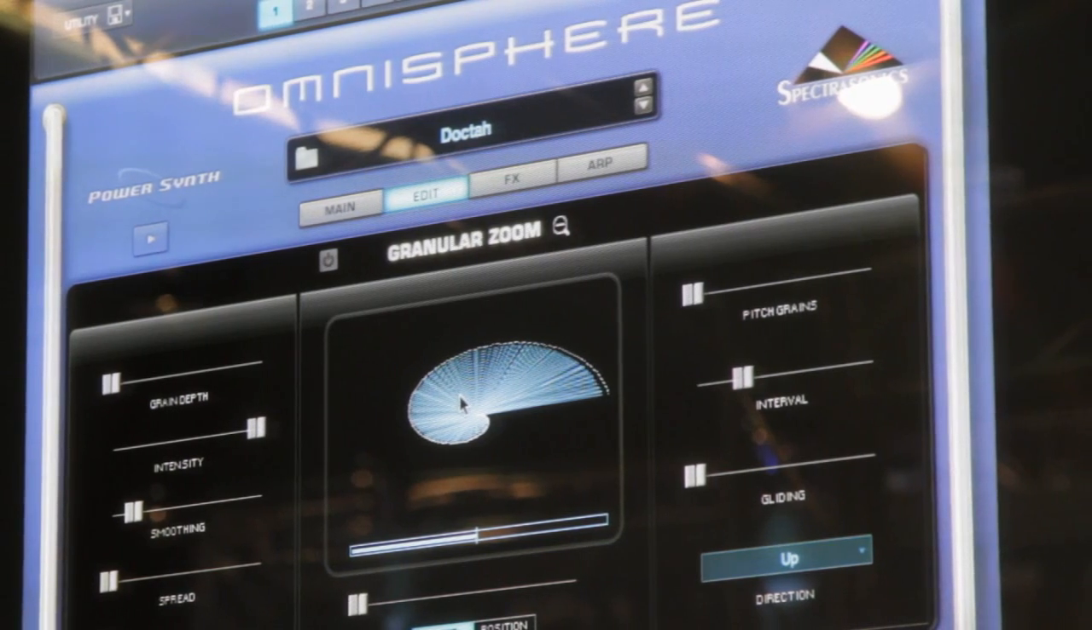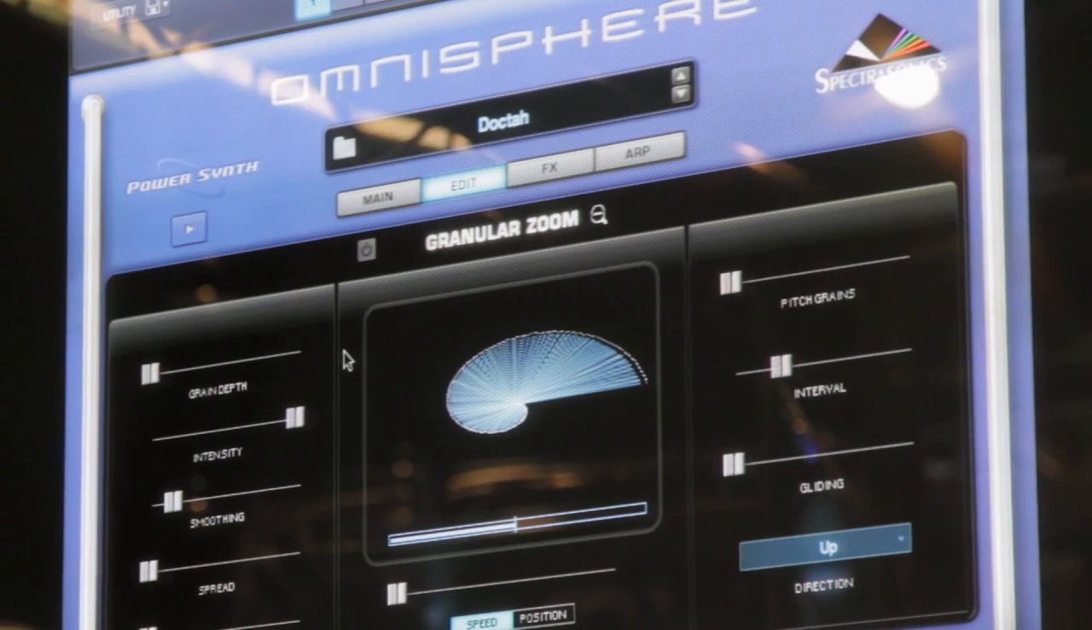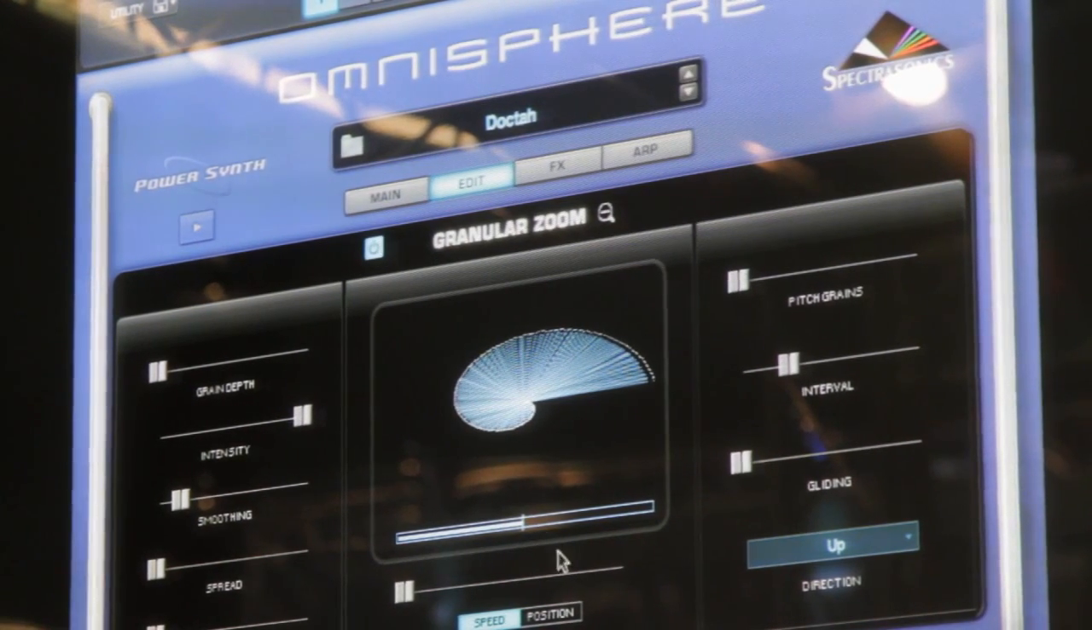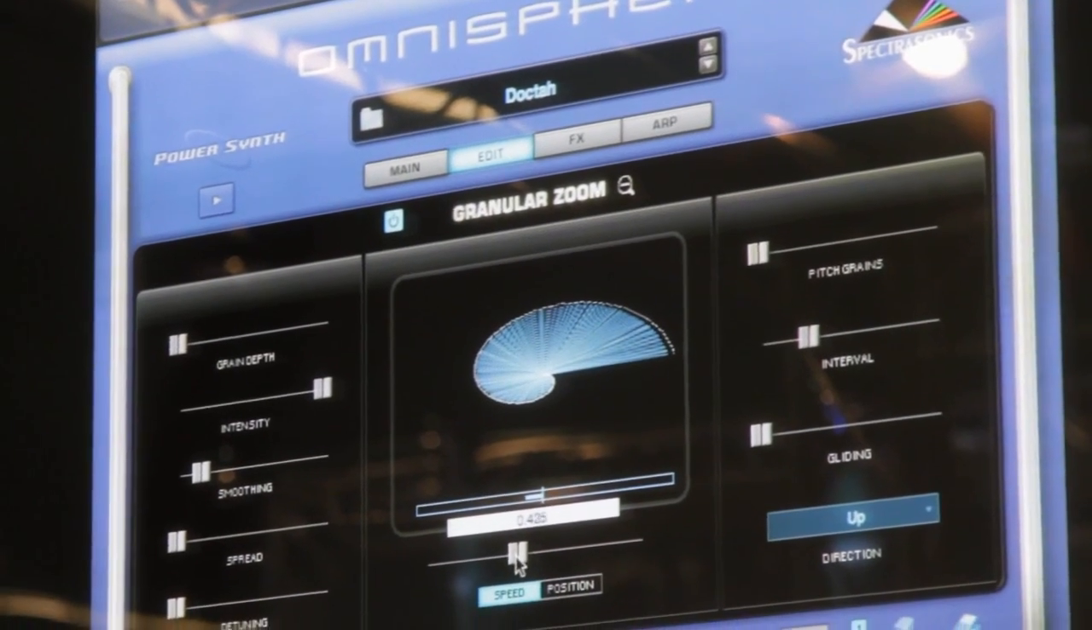So let's take something like a speech example. You need Omnisphere to travel the dimensions. Okay, and we'll take that and we'll... You need Omnisphere to travel